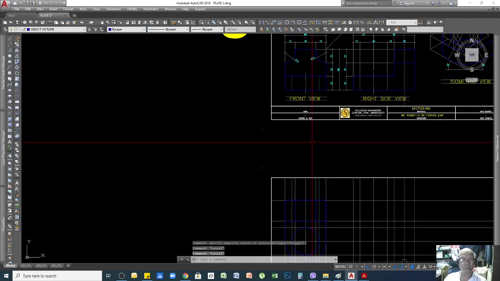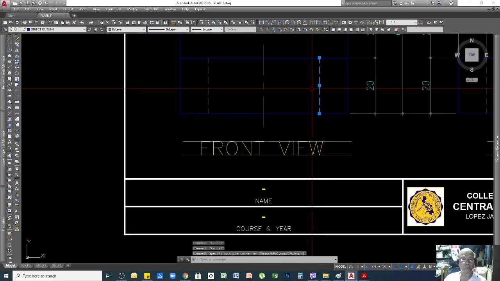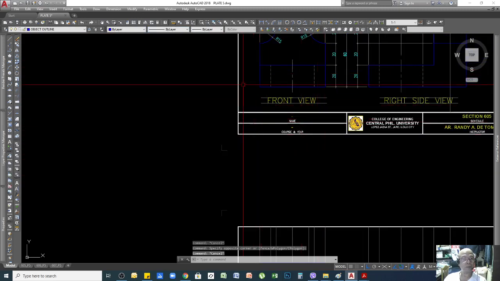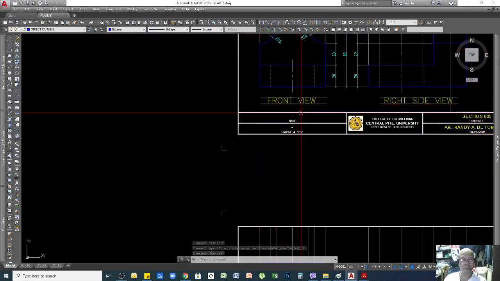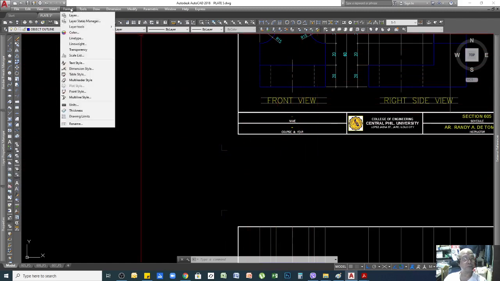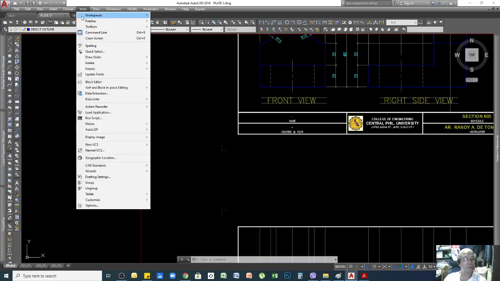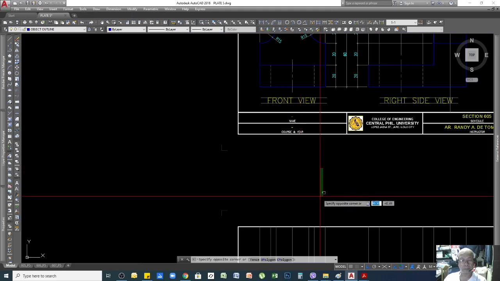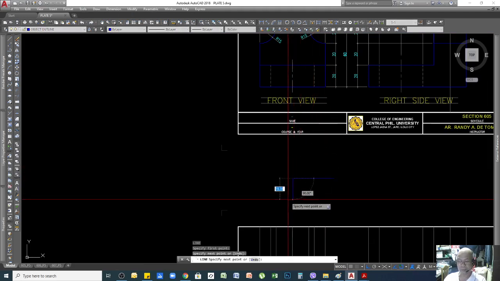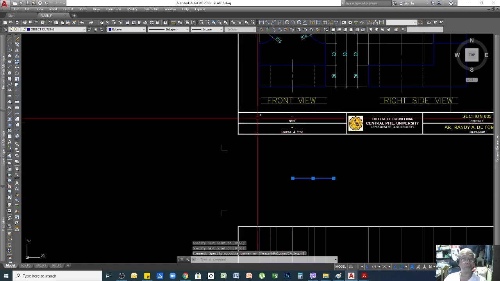So in order for you to create or have this type of line, you have to go to line. So it will be a line type wherein you can do something like this. If you have a line, for example, okay, then you change the property of this.